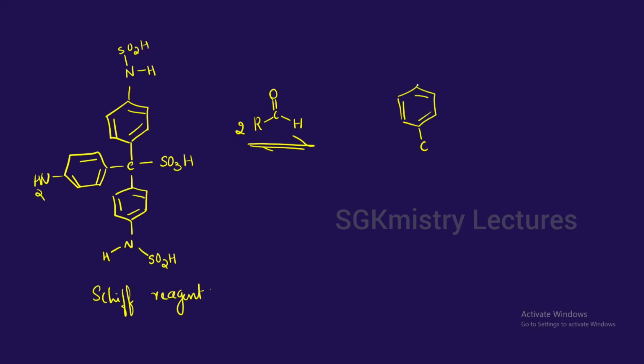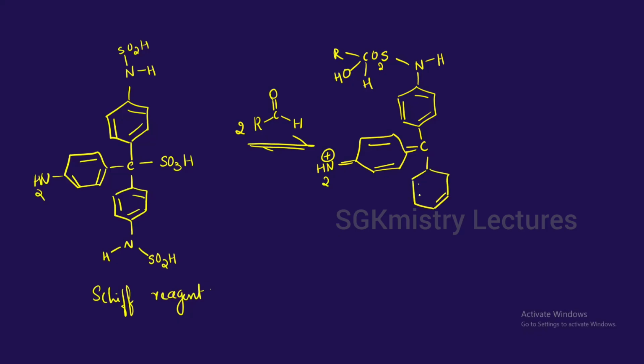In the presence of aldehyde, what is going to happen? So here NH, here it will be SO2. So one of the aldehyde groups attaches here, the aldehyde molecule. So here we have the conjugation that is happening. So here double bond, here NH2, the plus charge that is there on the nitrogen. Now again benzene ring. So here NH, here SO2. Again one more aldehyde molecule is attached here, right? So this is nothing but the Schiff adduct,